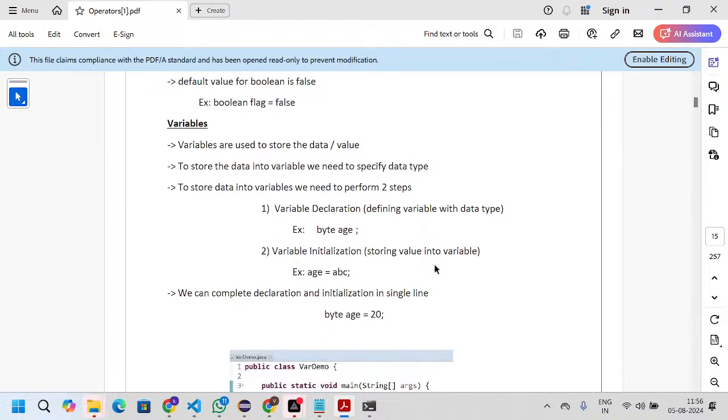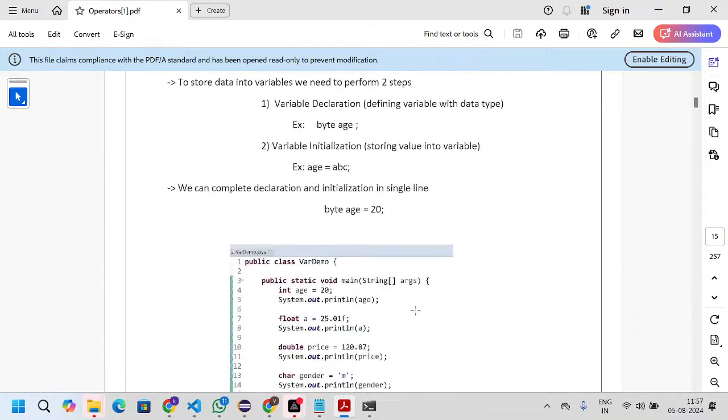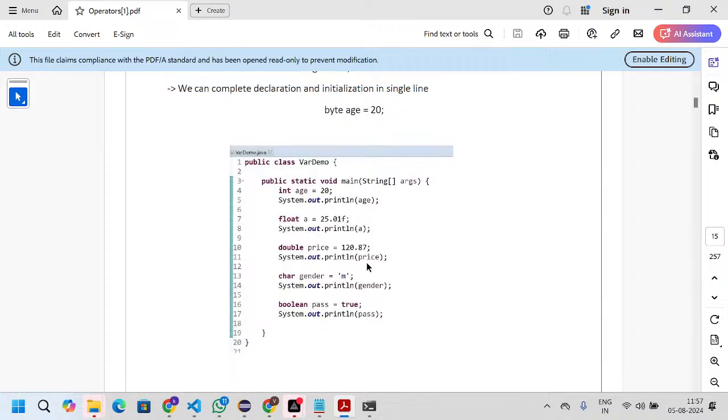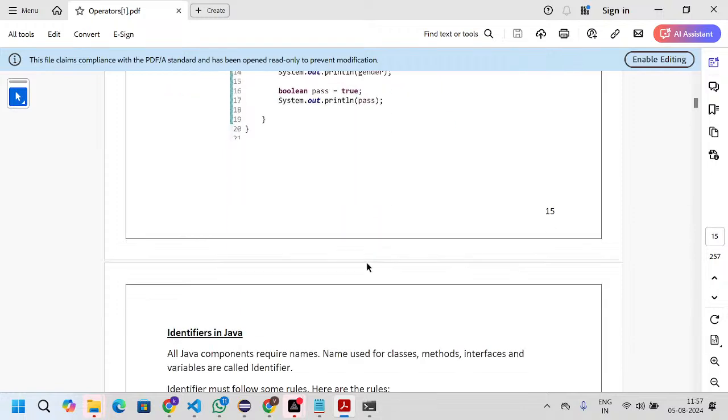The next is variable initialization, meaning storing the value into the variable. Instead of writing two lines, you can do it in one line also. We can complete declaration and initialization in a single line. You can use all the data types and write the program. That is the one assignment I gave last week.